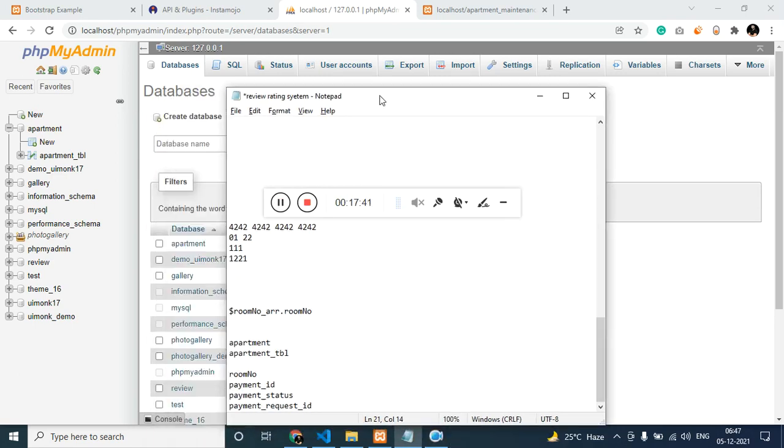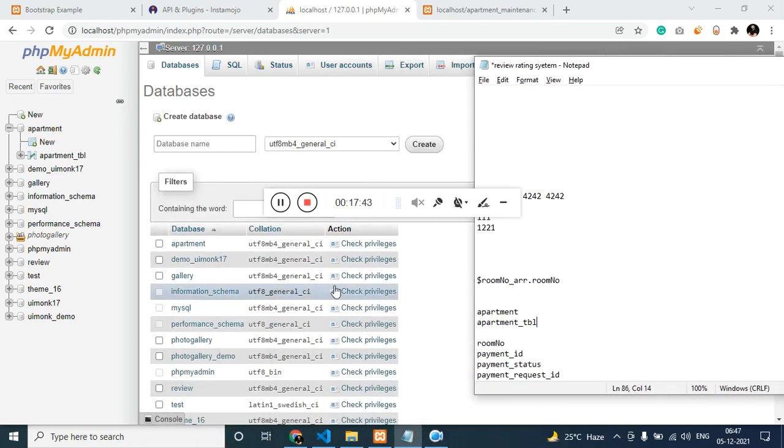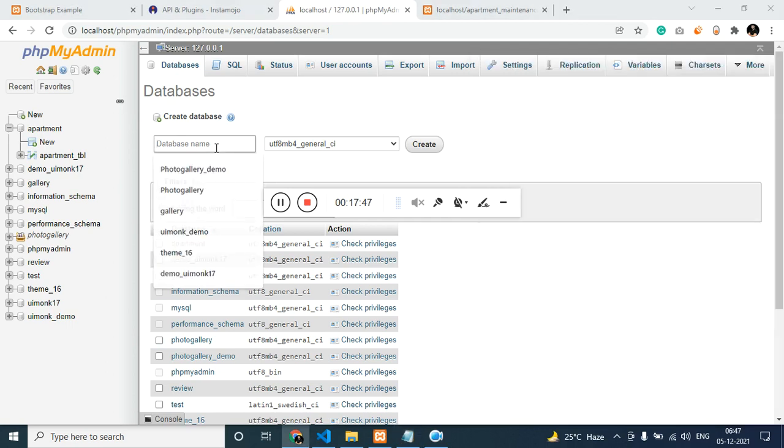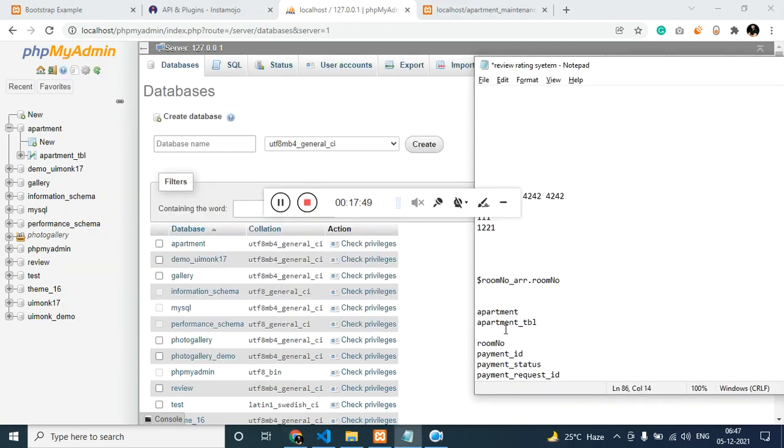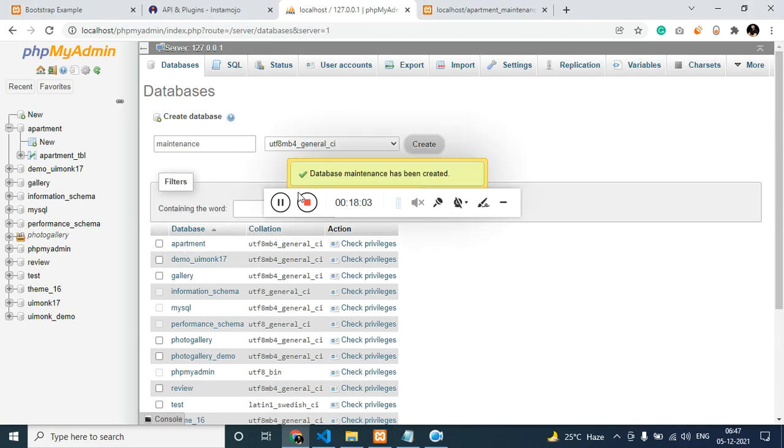It's here. Database name, let's name this as maintenance, and the table name is going to be maintenance table, database maintenance,